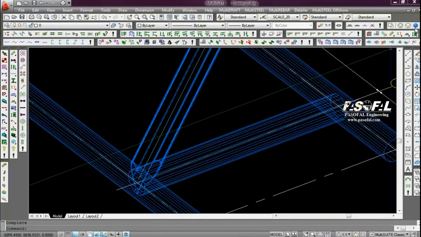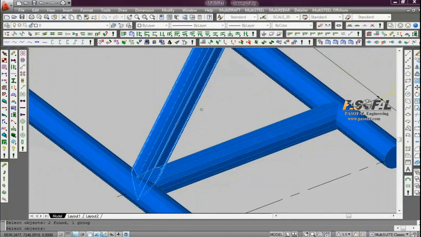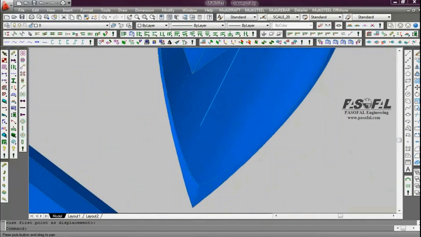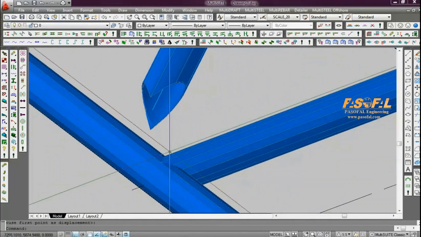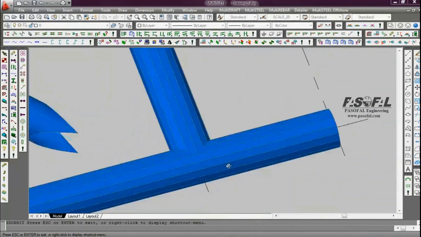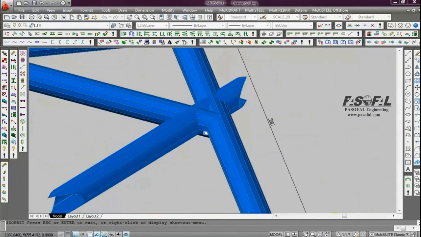Then I click to the shape. If I move this section, you can see how MultiSTEEL can generate the connection in this part. If I click to the orbit, and for this part also,